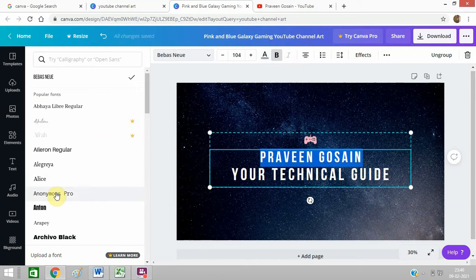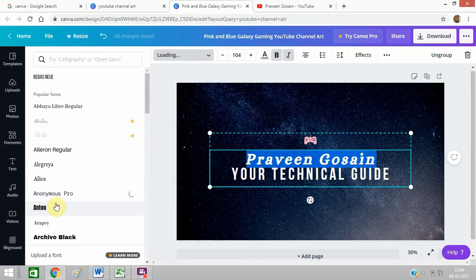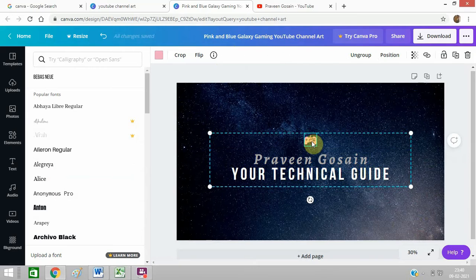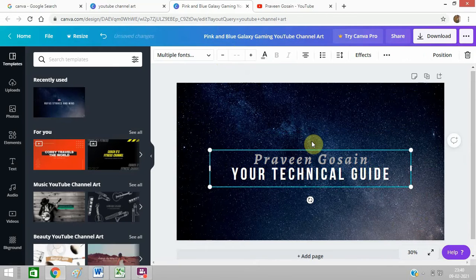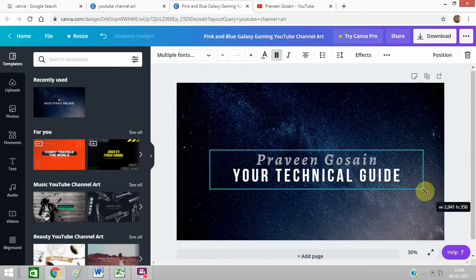You can select any type of font size. You can do all sort of changes from here. I just want this normal one, that's it.